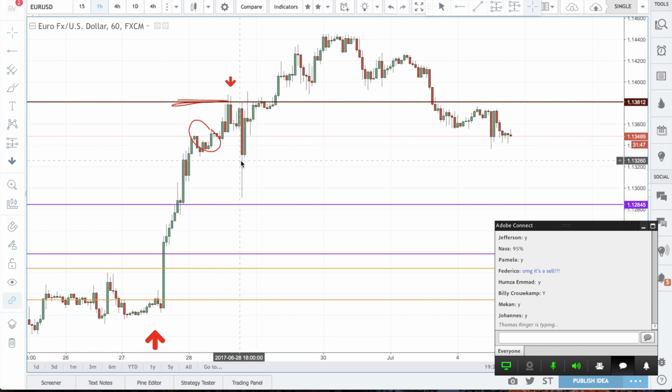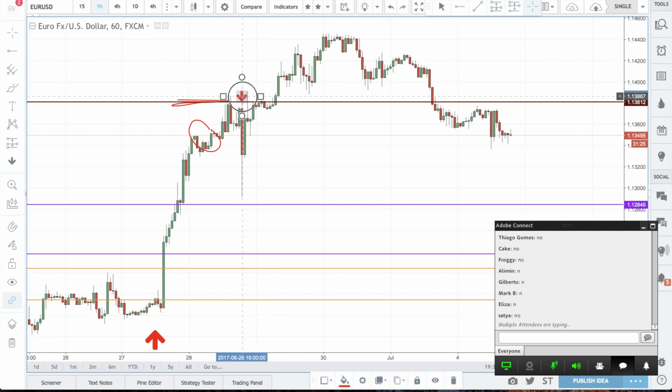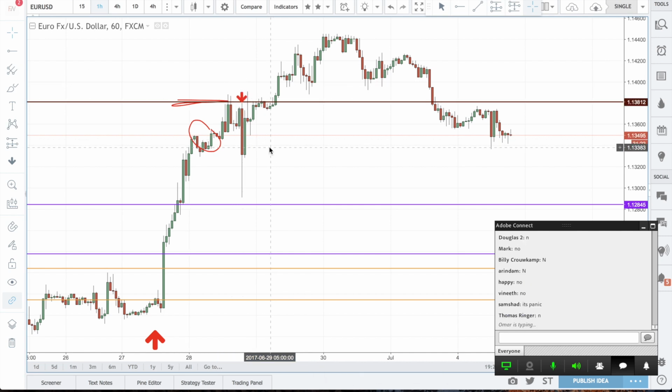Now, generally, the first move down is a panic. It's not a sell. I'm going to explain why. Once the first movement down happens, the first red bar, does anyone know it's a sell? No. When the next movement down happens, does anyone know it's a sell? Also no, it's panic right now. It's as if you suddenly stepped out in front of a car that's driving at 100 miles per hour, you freeze. You don't know what to do. So even in the second stage, people freeze.